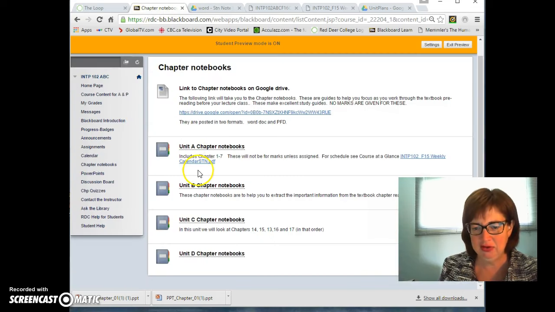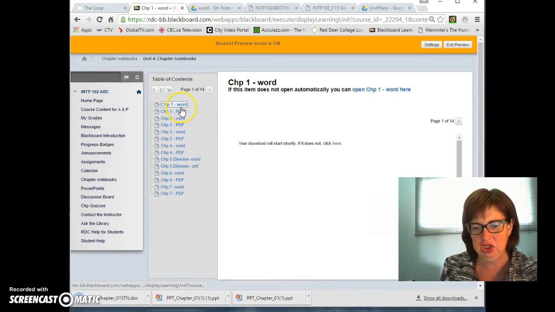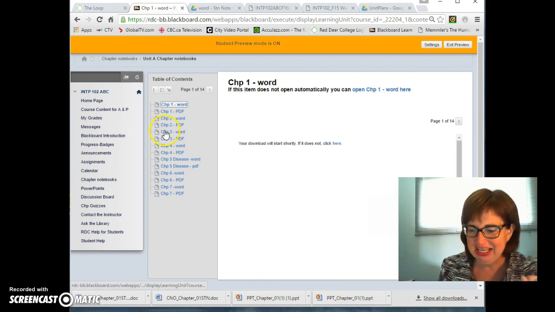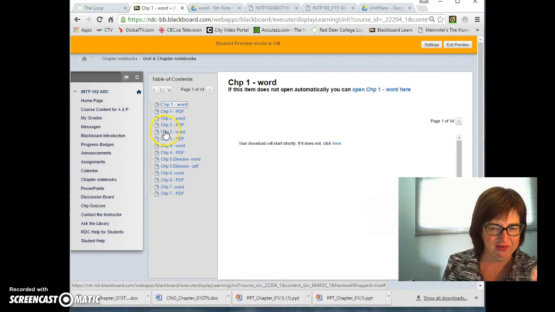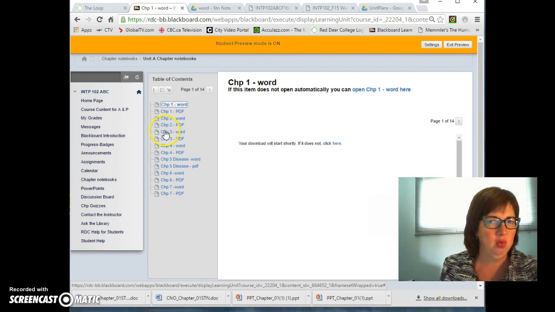If you don't want to download them all at once, if you go back to Blackboard, under each notebook, there are each one of them in Word and in PDF form. So you can download them all individually, whichever you wish. And again, these are for your reference. You do not need to write on them. You do not need to hand them in. If you want, you can